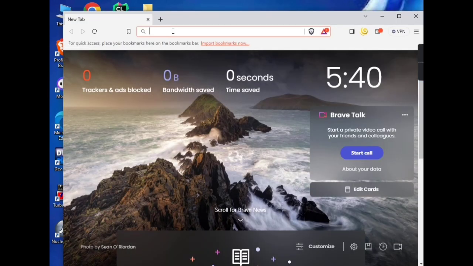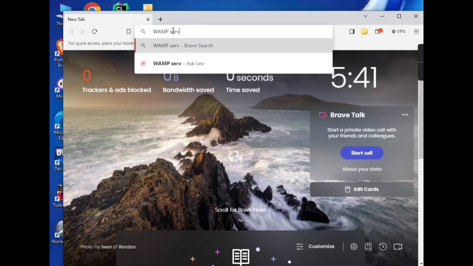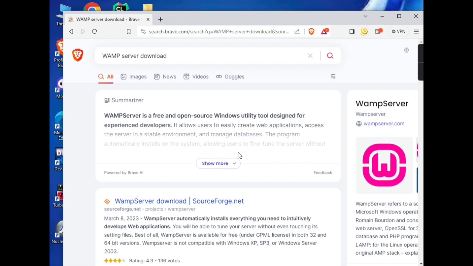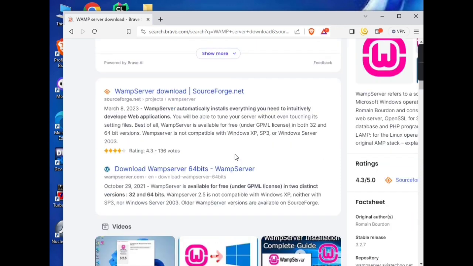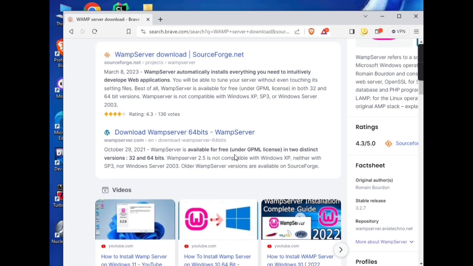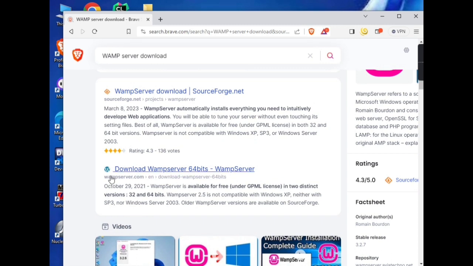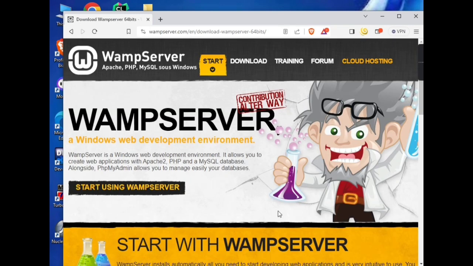Now you can search WAMP server download. So you can see here there are different websites. So go to the official WAMP server website. You can see here wampserver.com. Click on this website. Now you go to the official WAMP server website. Scroll down